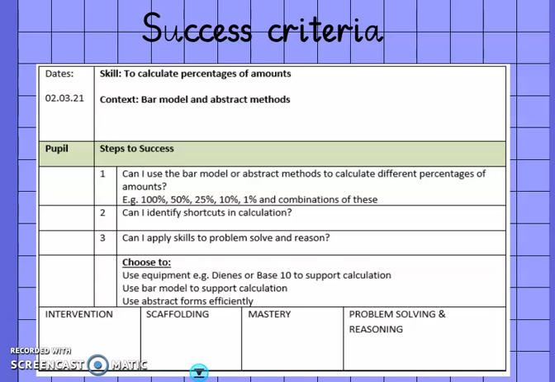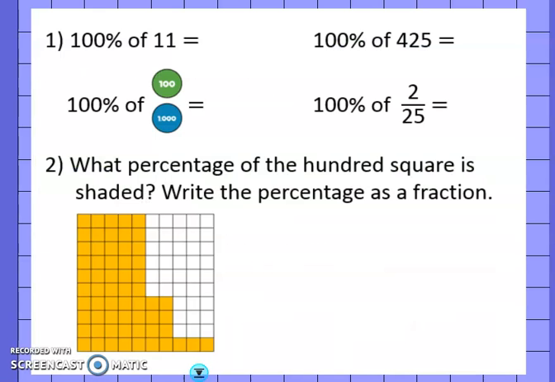Your success criteria for today is we will be calculating percentages of amounts, we will be using bar models, we will be identifying shortcuts, and we will be using our skills to problem solve and reason. So, our first starter is looking at this. I want you to see if you can work out some of these. If you're unsure, then keep watching the video and I'll talk through them. But if you feel quite confident, I want you to pause it and then the answers will be on the